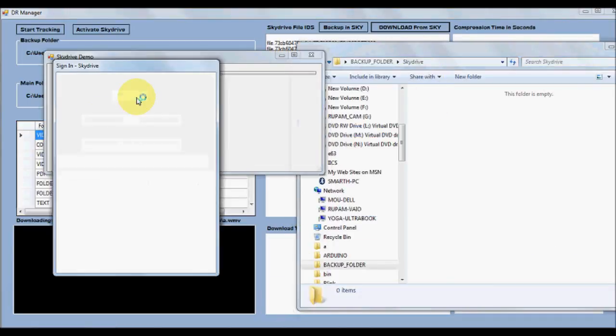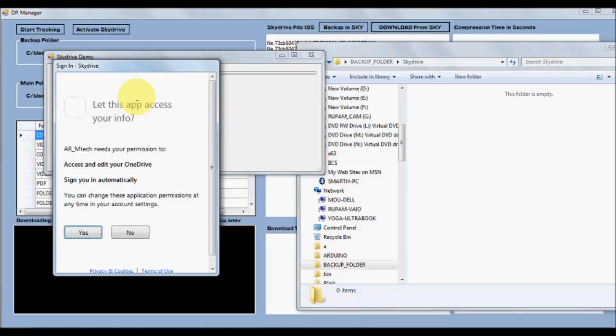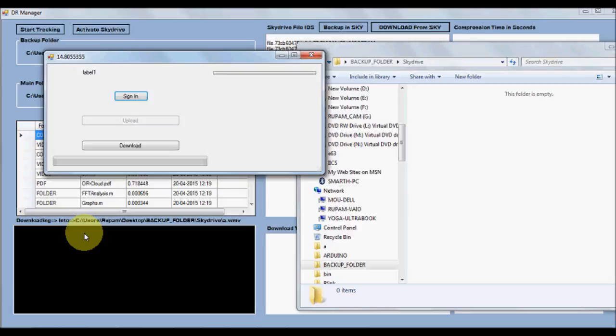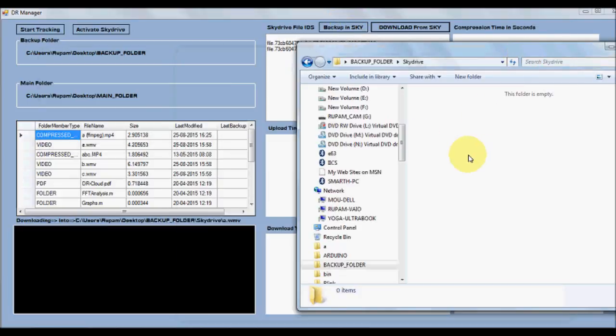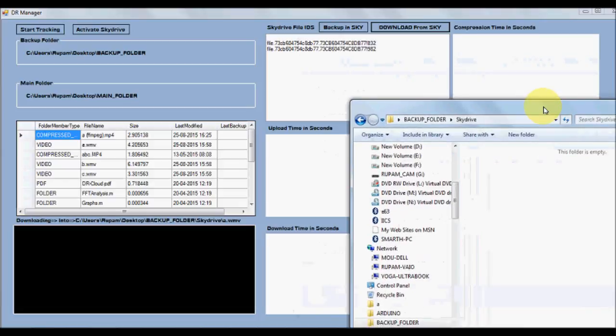Once we say download from SkyDrive, the downloading requires just one login, as we did at the time of uploading, so the app needs to be authenticated, and once the app is authenticated, it runs as a background process. It keeps fetching the files from your SkyDrive to the SkyDrive directory in the backup folder. Because we are analyzing the performance graph-wise, we are continuously keeping this download process active, whereas ideally in a real-time backup recovery manager,